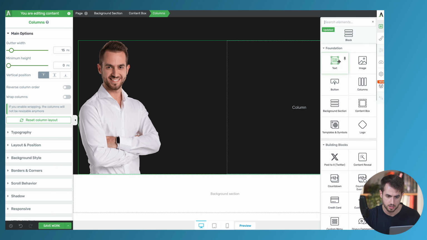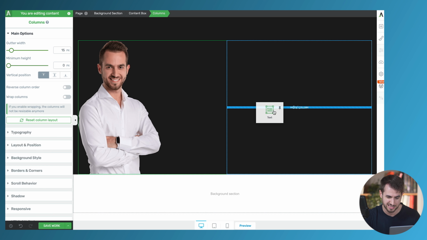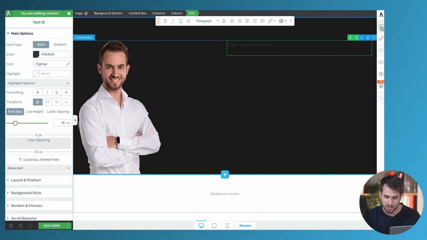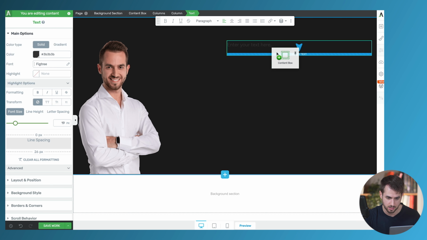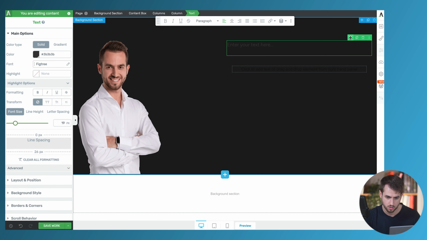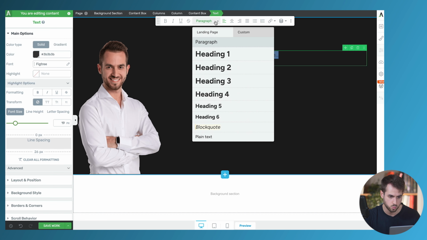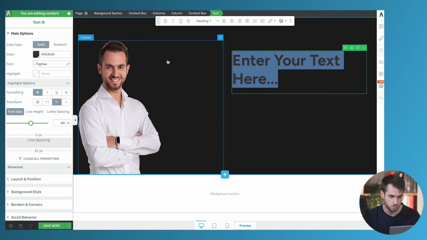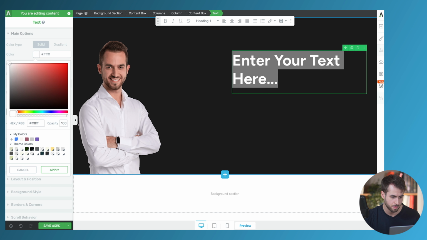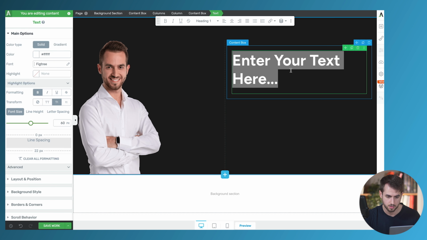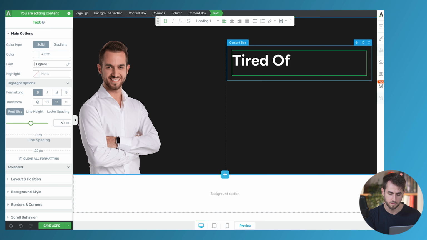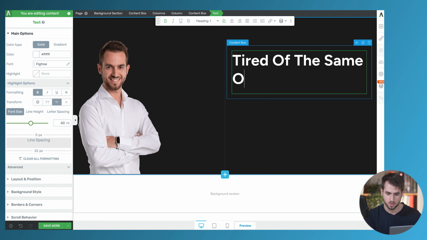Now we can drag and drop some text inside this column. Actually, I'm thinking I may want to put this inside a content box first. And we're going to drag that in there. We're going to insert an H1. And we're going to make this white. Excellent. And the copy can be: tired of the same old